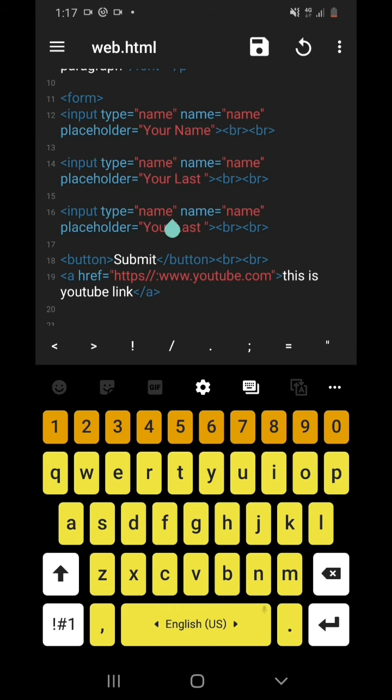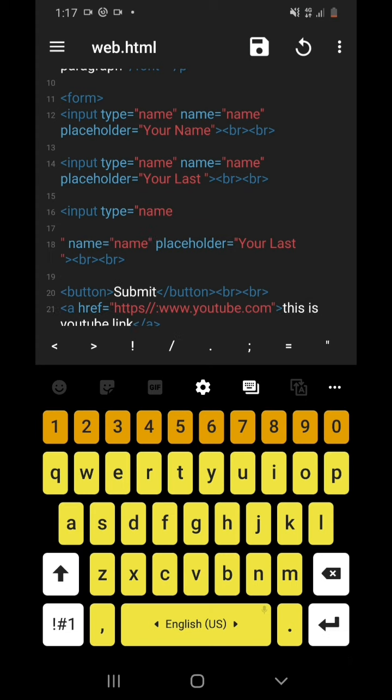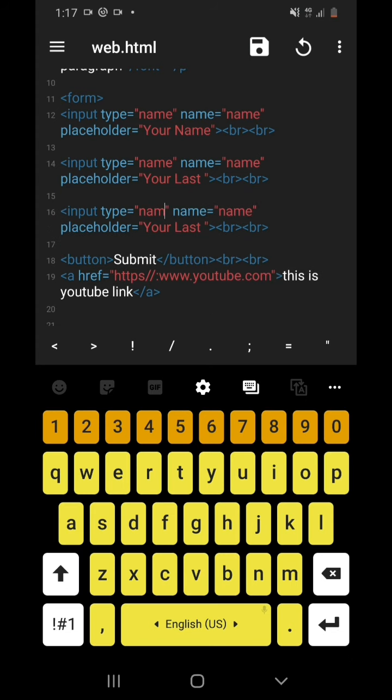Now you have to write type email, and email, your email,